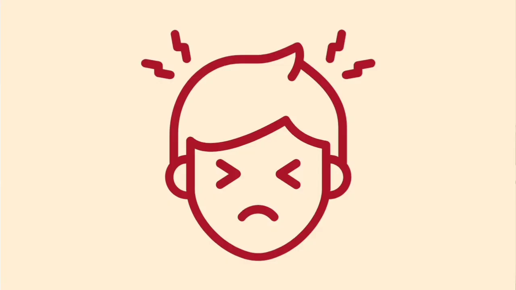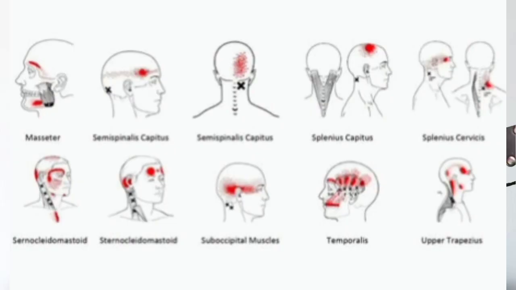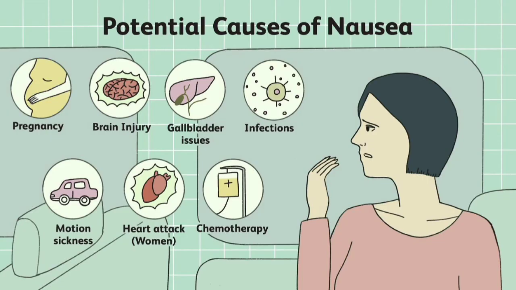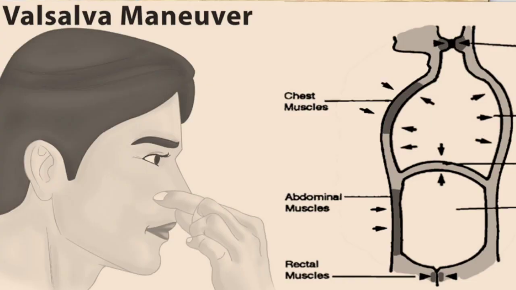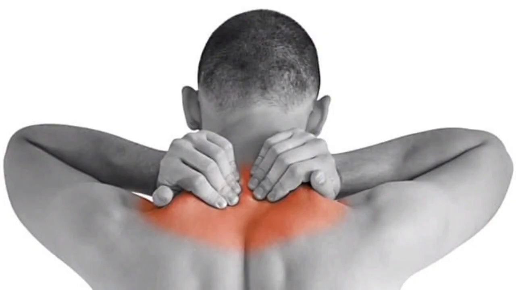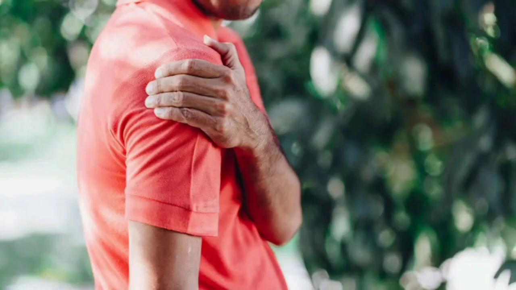In such cases, one or more of the following symptoms may also be present: a change in the type of headache, such as a severe headache that is intolerable, nausea and vomiting, confusion and disorientation, headaches triggered by coughing or Valsalva maneuver, neck stiffness and swelling, and numbness in the arm.